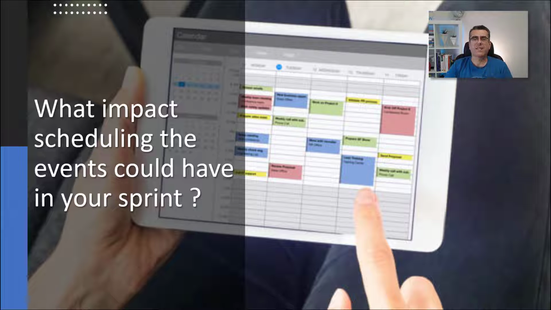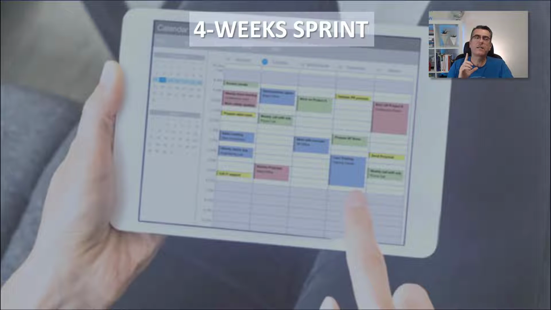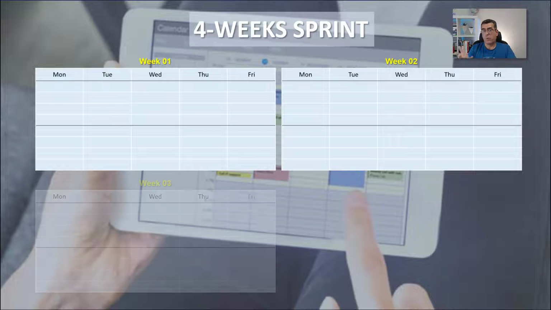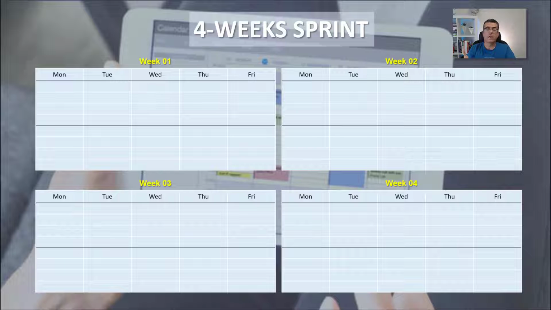Let's take a look, for example, a 4-week sprint, a sprint that will take about 4 weeks. So we have week 1, 2, 3, and 4, okay? And normally in the first day of week 1, we're gonna do the sprint planning. In a 4-week sprint, a sprint planning normally takes 8 hours. As you can see here, in the first week we have 4 hours in the morning, 4 hours in the afternoon, and the sprint planning will take, I would say, the whole day.